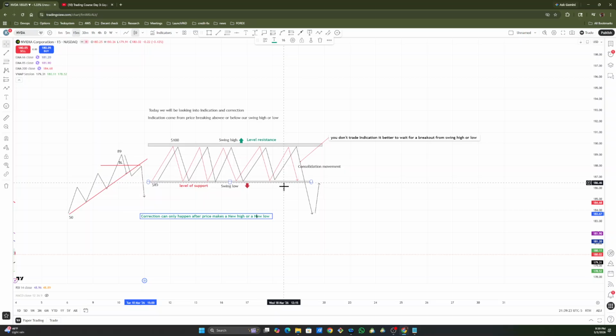It means that when we broke out of this level of support, the market wants to come here and retest. And if we retest and we're able to break above, that means the market has the ability to move back up, because at this point we might have some buyers sitting right here at this level. So depending on the number of buyers,